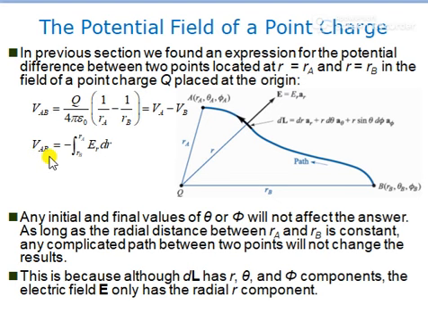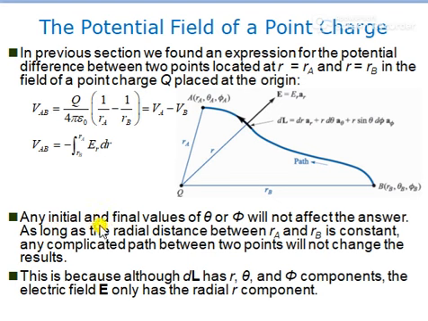You can also write VAB as minus the integral from Rb to Ra of Er dr. So here you can see the origin at a point charge q, and this is Rb, a point B with coordinates Rb, theta B, phi B, in a spherical coordinate system. If A has Ra, theta A, phi A, then the electric field intensity E is Er. dl is dr ar plus r d theta a theta plus r sin theta d phi a phi. So this is the path of the charge from A to B.